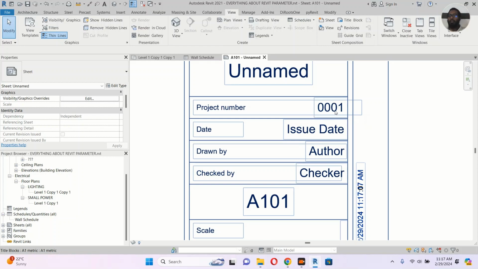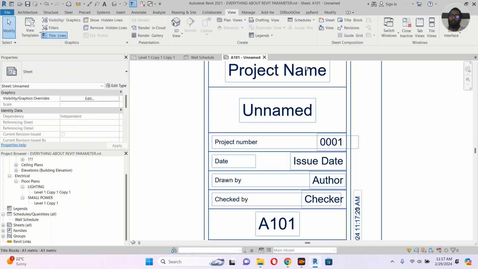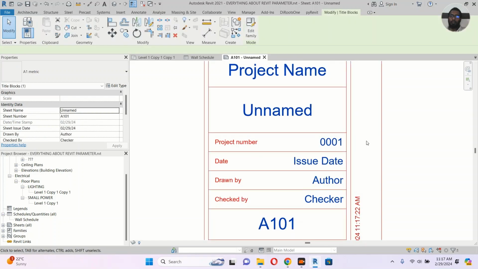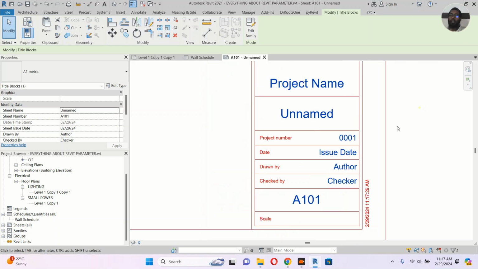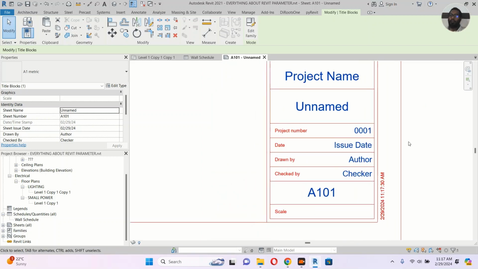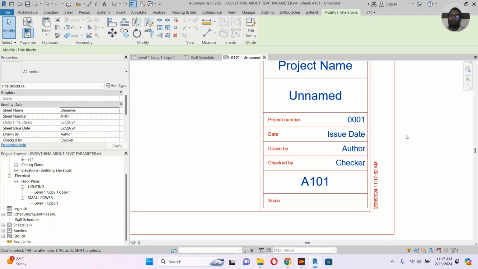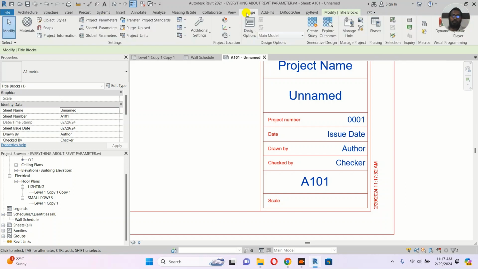Meaning here you will not get any problem typing. For example, this project name, I think text. This one project number. You can type anything you want. But I need another parameter, my own parameter. Let's say system design. Let's put system design. If I go to the project parameter, like manage, if I go to the project parameter,